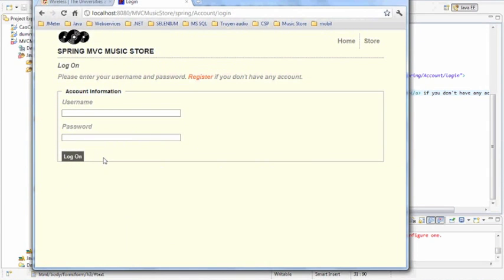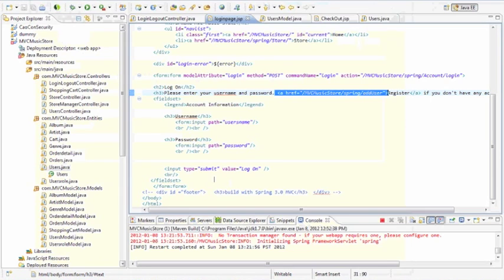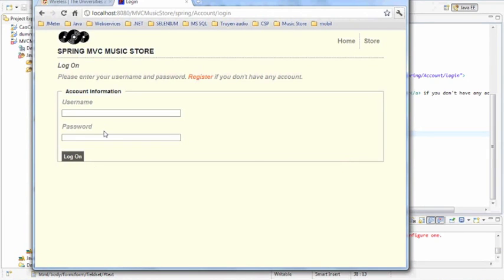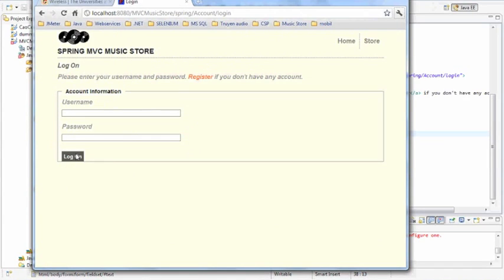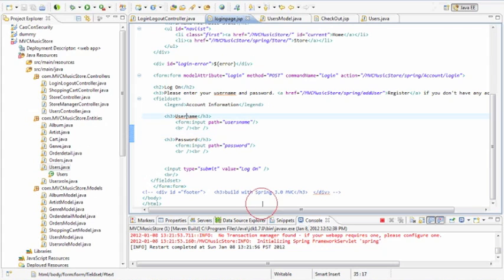Okay, and field set, see field set and legend. Remember, legend is account information. Alright, and we just have two fields, username and password. Okay, and a button too. Username, password, heading, and form input path. Alright, this one we use for the input field,